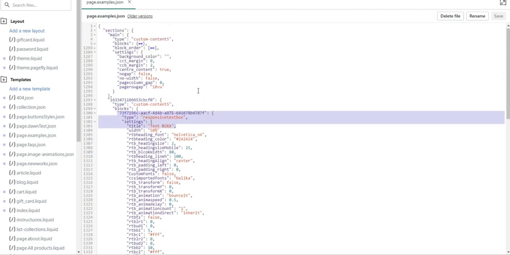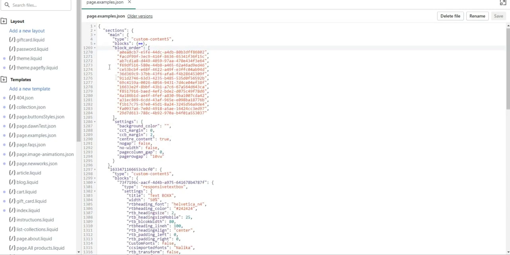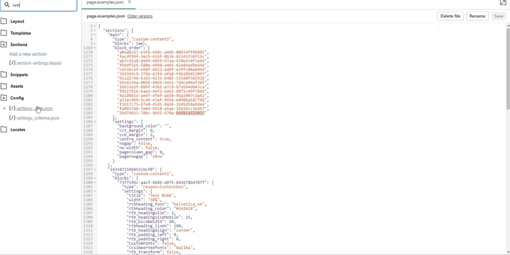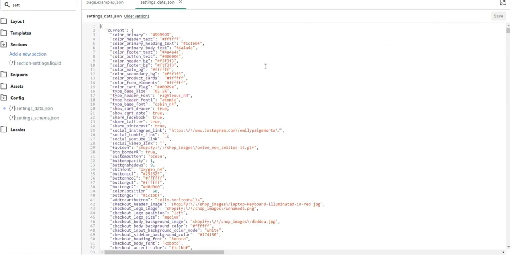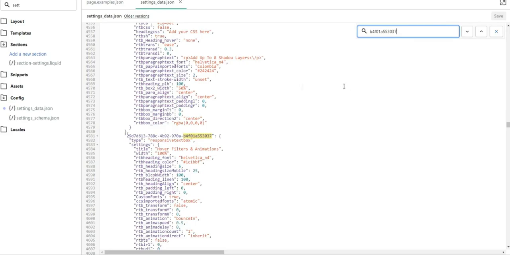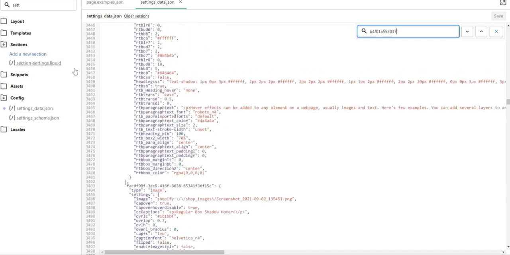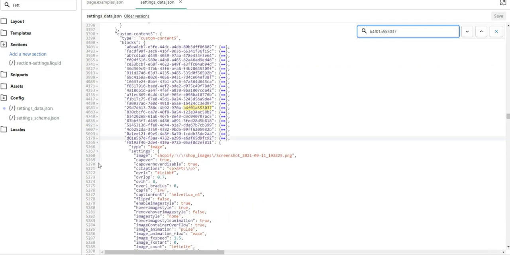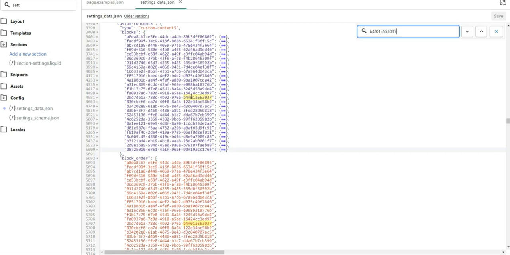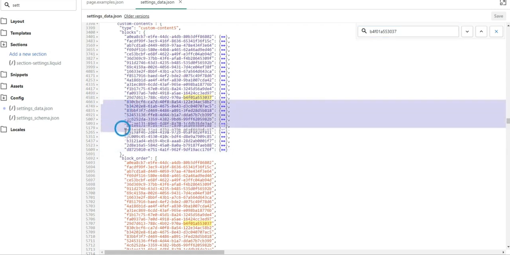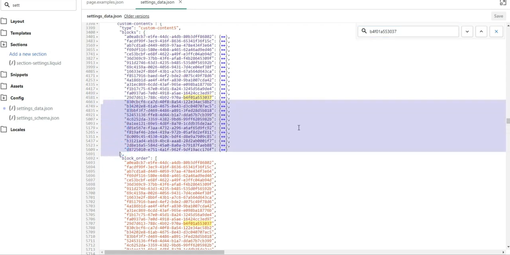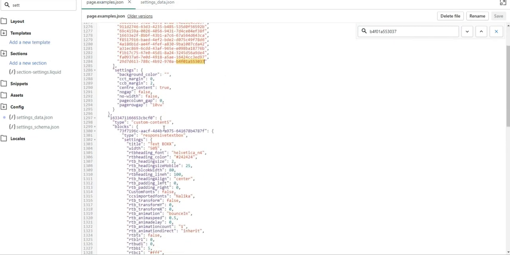Okay, so let me just go and look. Okay, so I cut it off at this. I'm just gonna search for this code. I'm gonna copy this, and then I'm going to go back to my setting data. And I'm gonna find this code. Okay, let me just scroll to the top. So I had to cut off the blocks. I had to cut it right here in the middle. So what I'm going to do now is I'm just going to copy this code from here till here, copy it, and in our new one here,